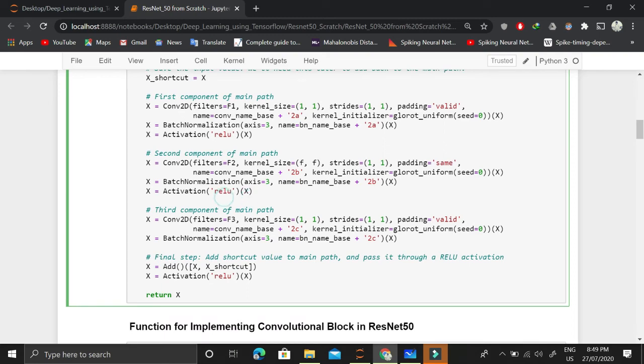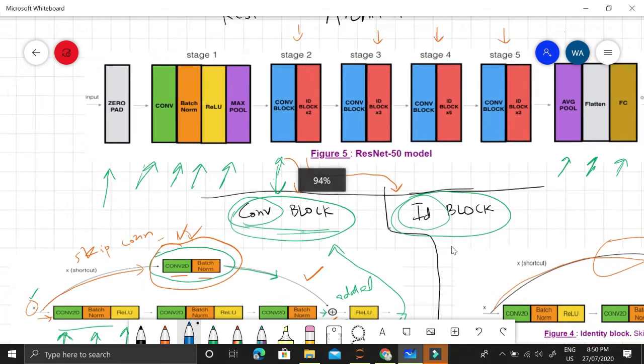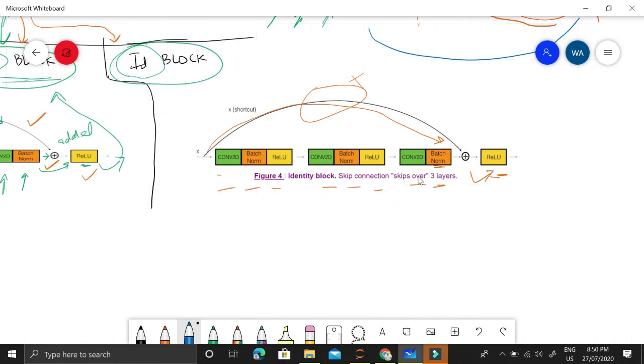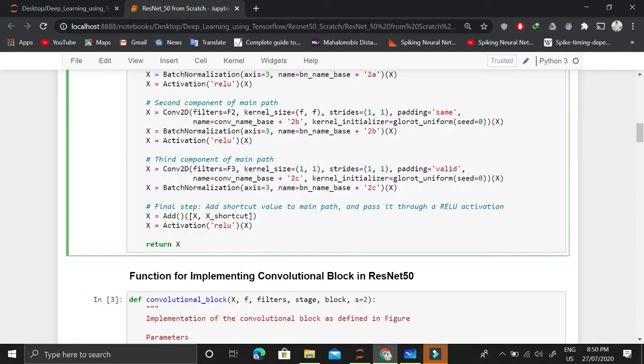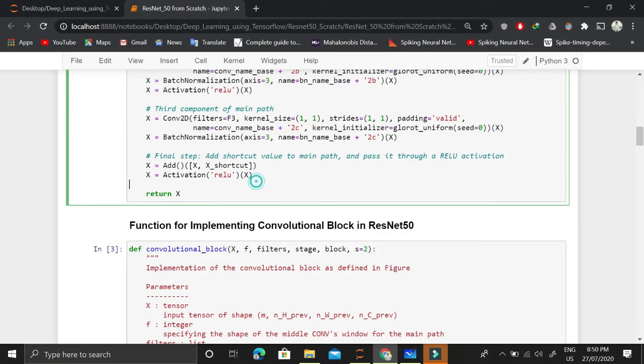Then after this convolutional layer, we will look at the third component. In this identity block, we have the third layer where the skip connection comes after the batch normalization layer. So that is what we will be doing. We have this Conv2D layer. The result will again be stored in X, and that X will again be given as input to the batch normalization layer. Once we take the output, we add the output of the batch normalization layer and the X shortcut that we made a copy of in the first step. Once we have the output after addition, we give that as input to the ReLU activation function, and the output will be returned.